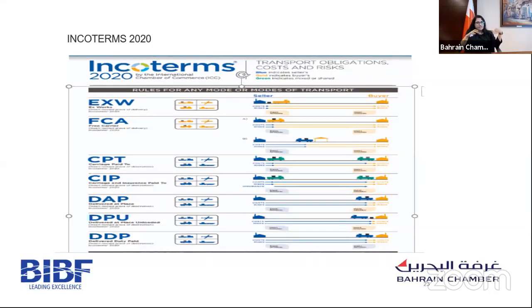The way I have ordered them, the exporter's cost, risk, and responsibilities will be increasing. If you look at it, EXW is the cheapest for the exporter, and DDP is the costliest for the exporter. So obviously, for the importer, EXW is the costliest and DDP is the cheapest. So based on the bargaining position of the two parties, they can choose which Incoterm is suitable for their